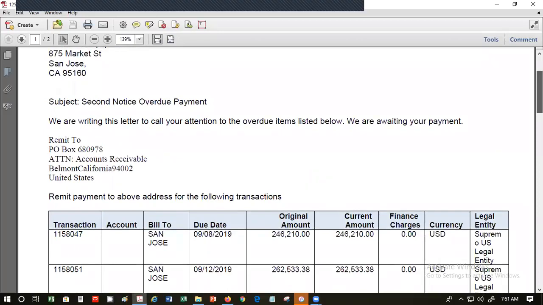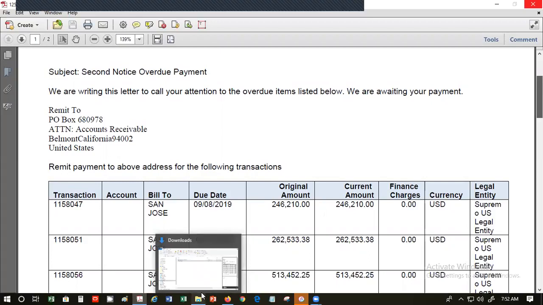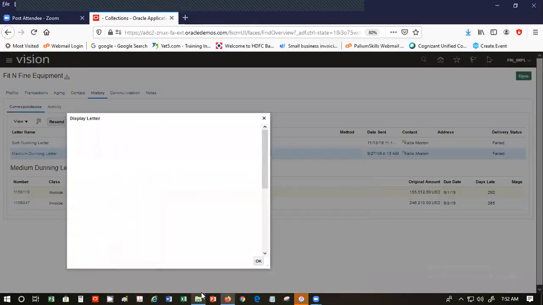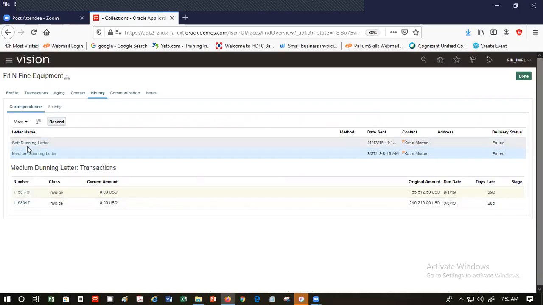It has a gentle reminder, a text, followed by a statement, which shows the details of that particular transaction. Okay. Now, if you look at the soft dunning letter also,